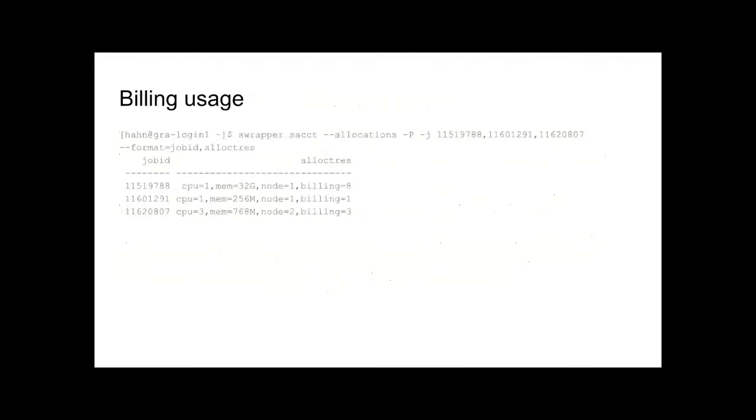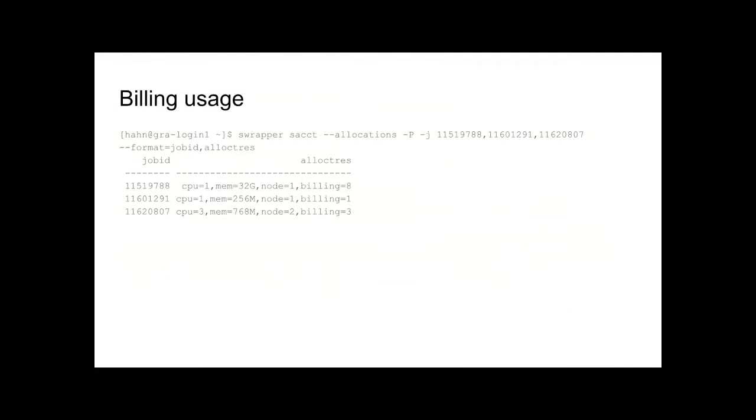I mentioned billing before, and this is an example of how you can examine your billing usage. With SACT, the appropriate column is alloc TRES. That's Slurm's lingo for the trackable resources that were allocated to the job. So in this case, I have a set of jobs. The middle one was obviously just using the defaults, 256 megs, one node, one CPU. But the other two have